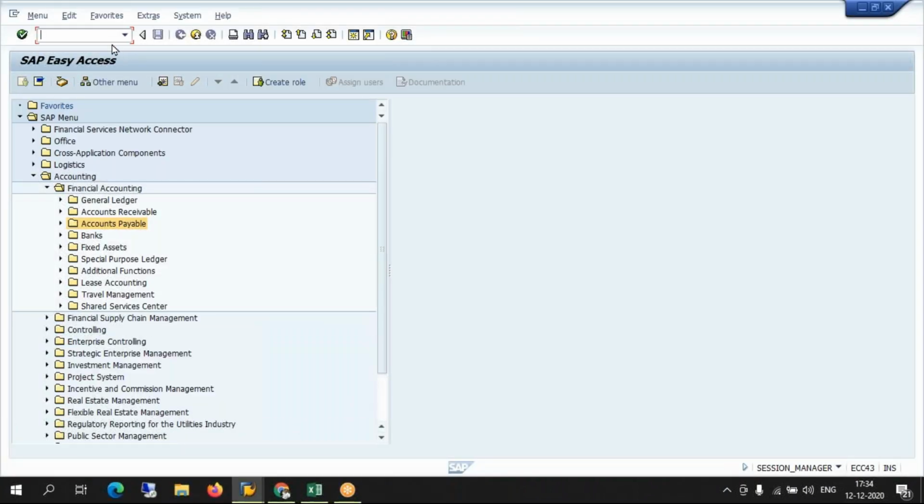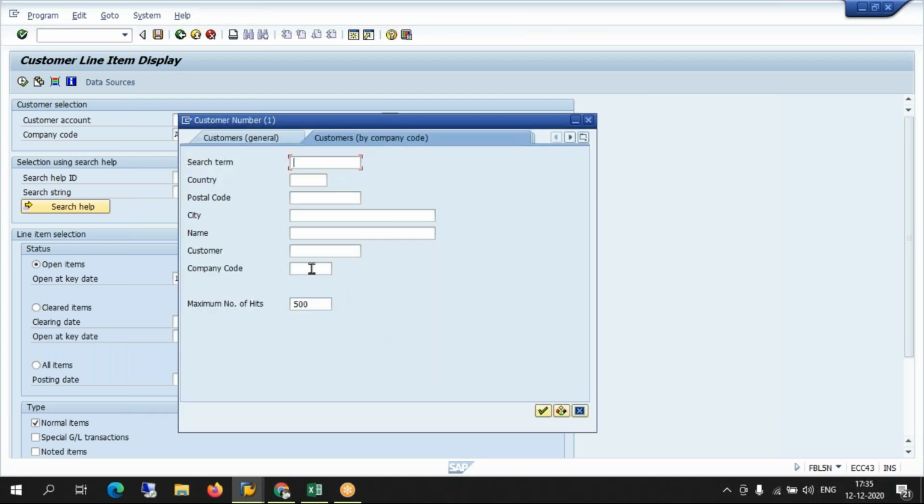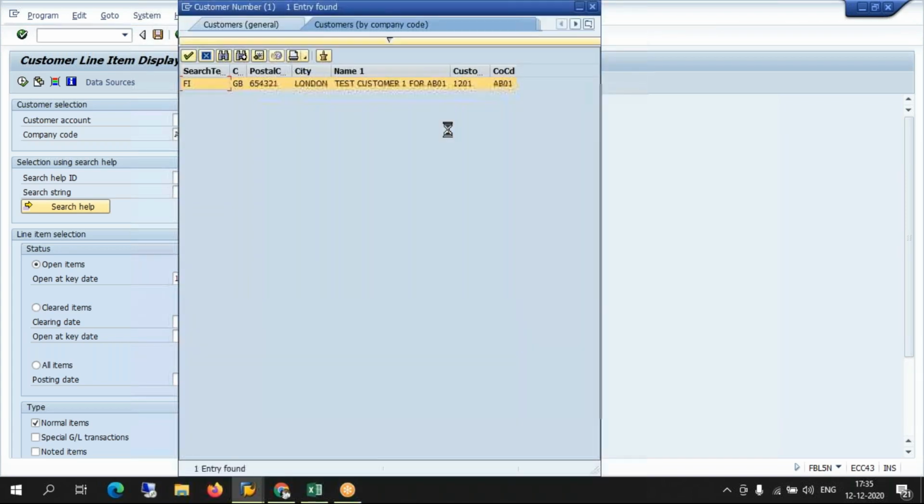For example, I want to view the status of a customer. So I run a report. Don't worry about what I'm typing here. I want to view for this company, there's only one customer.